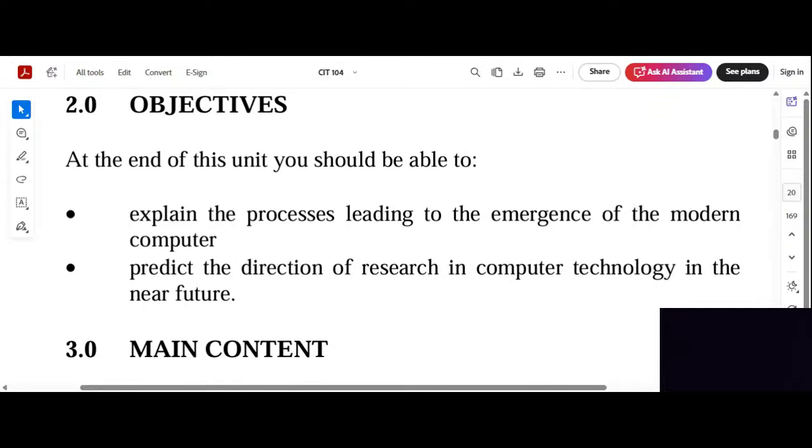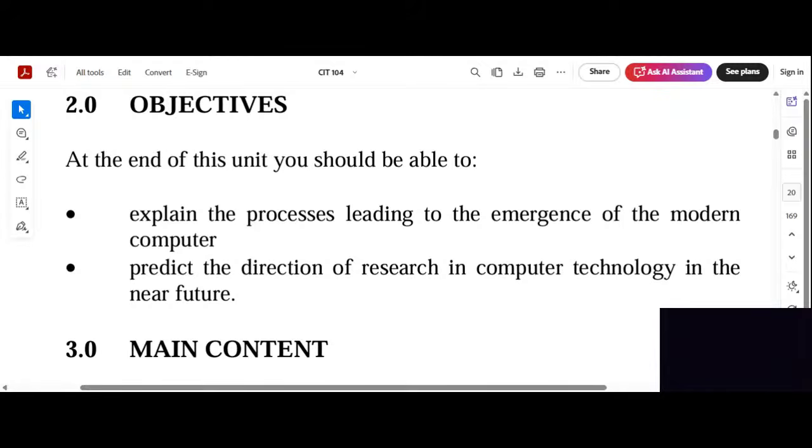And before you know it, they started making ones that can think and even behave like human beings. So you should now be able to use the knowledge of the history you have to predict the future of the computer. So, two things here: know history, then use the history to predict outcomes in the future. Those are the two things you must learn in this unit.